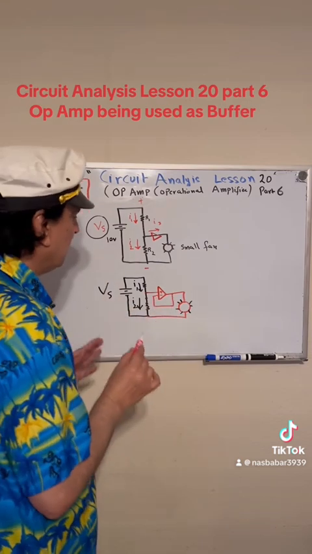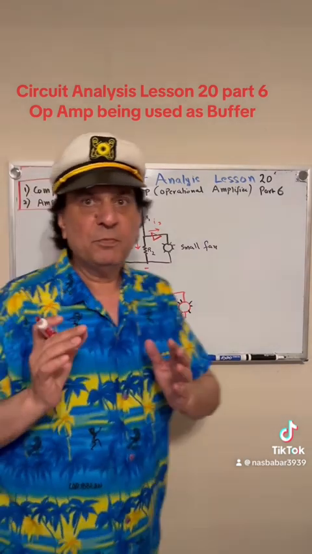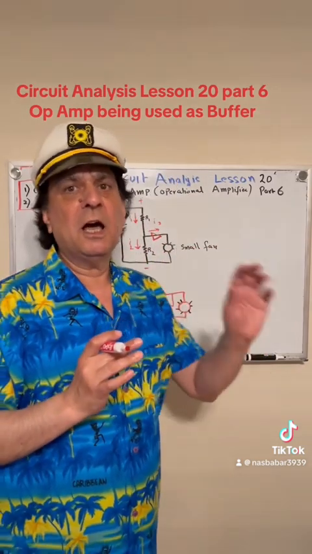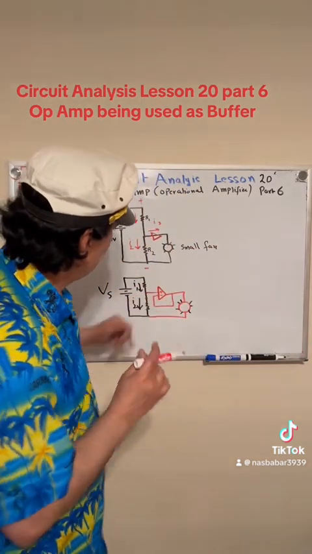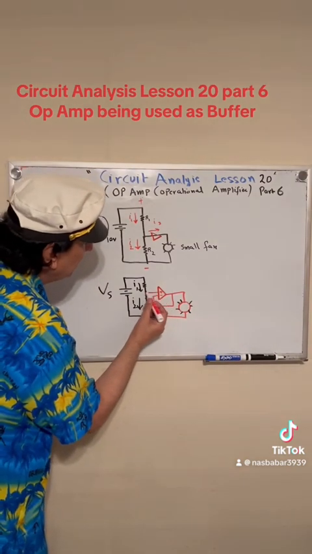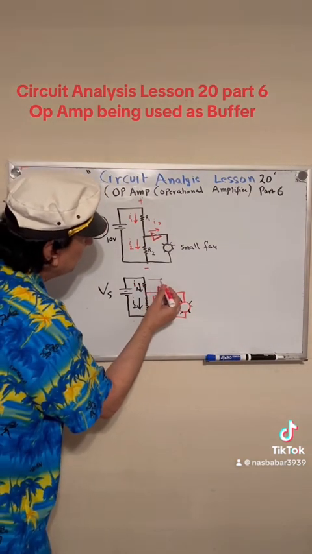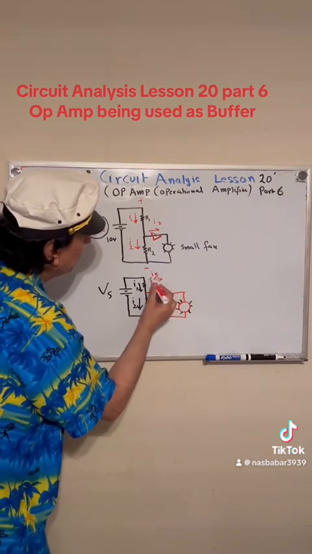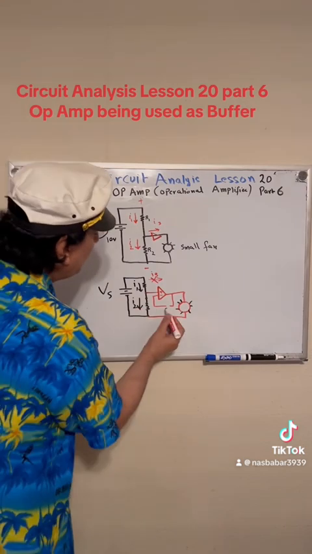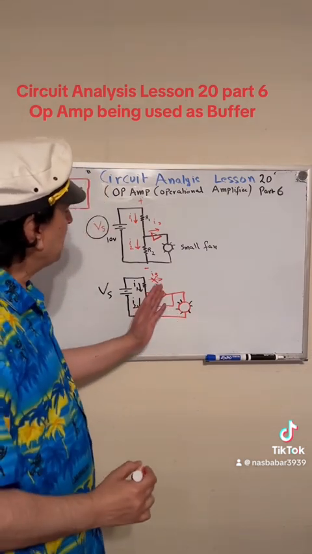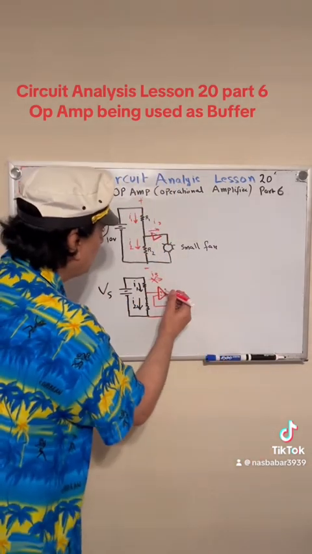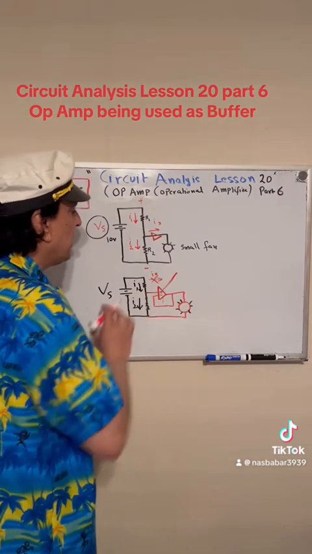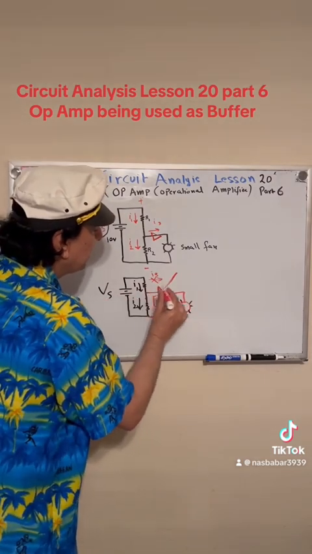So what this does is that, as you remember, the golden rule of an op-amp is that it will not allow current to go into any of the input terminals. So this current right here, which was I3, is going to be blocked. And instead, the op-amp itself will supply current from its power supply, because it does have a power supply. It has a plus, it has a minus, okay, and there's a power supply connected to it. So it's going to supply current coming from